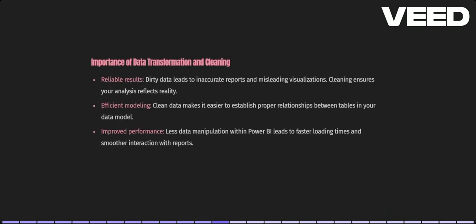Next, why are data transformation and cleaning so important? It's very important to get reliable results. Dirty data leads to misleading visuals which are not up to the mark. Cleaning the data ensures a real picture, visuals are clean and neat, and you get good quality outputs.